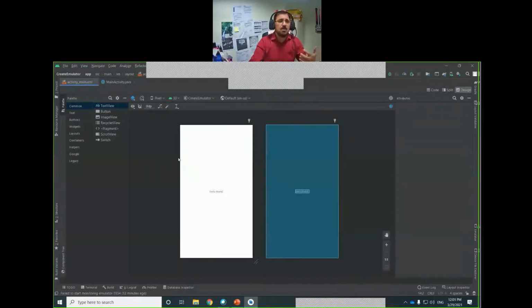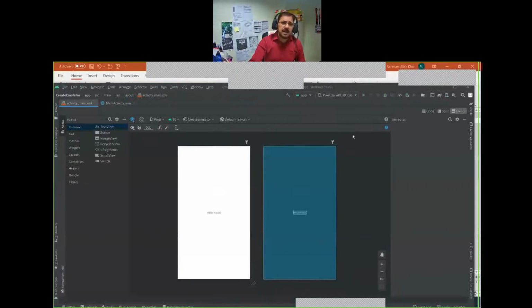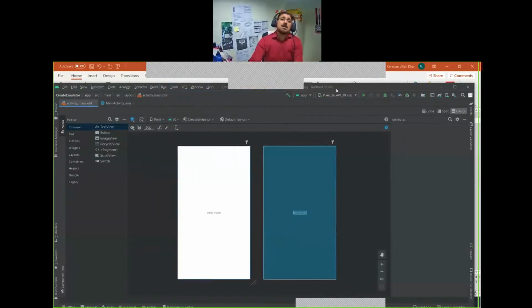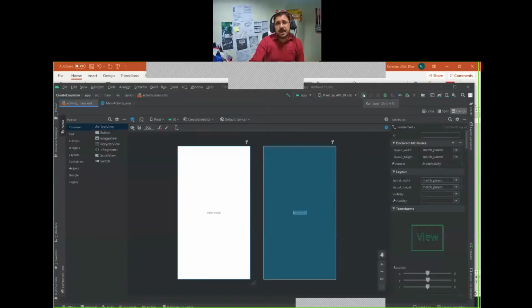If we want to see the output of this project until now, you can go to the Run menu. You see here, Run, and click Run the app, and the same option is available here in this toolbar.